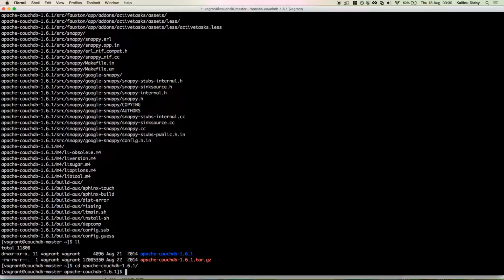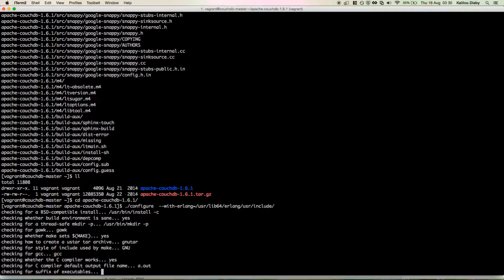Apache. So what we need to do now is to configure the CouchDB source. Basically, we will make sure that the system is ready for us to start building CouchDB source. So now we will try to configure that. The with-erlang option is that you need to find some of the Erlang headers. So that's why we have that flag. So we'll start